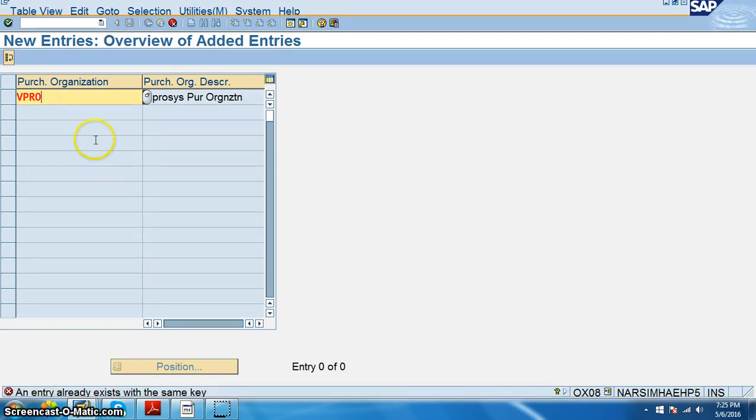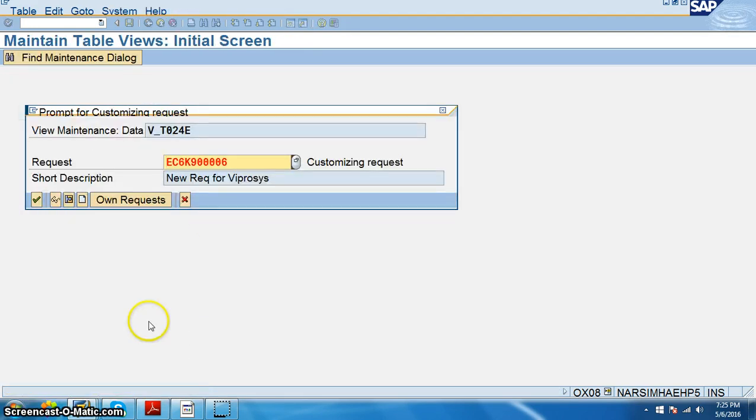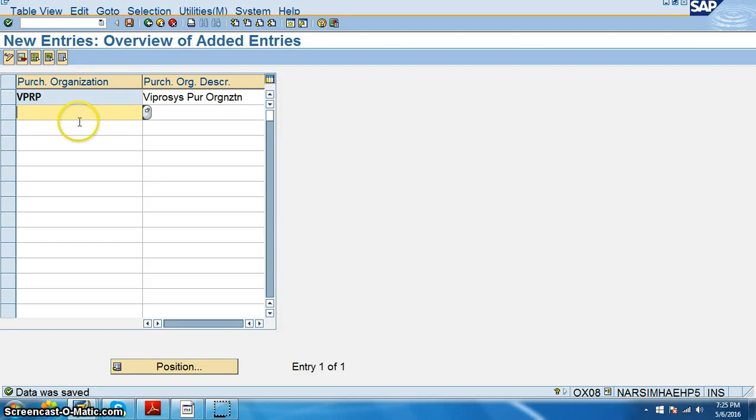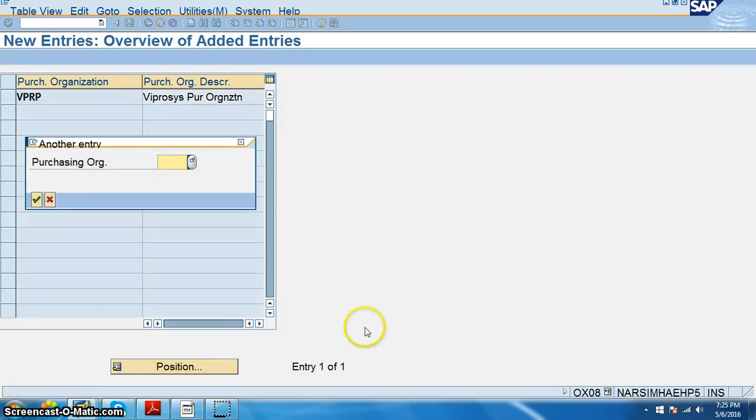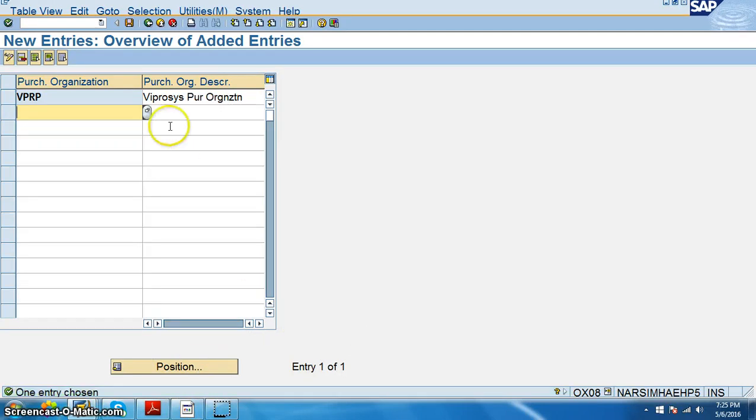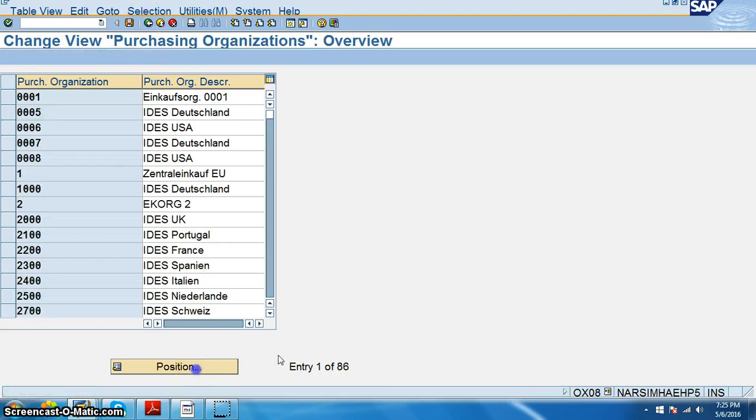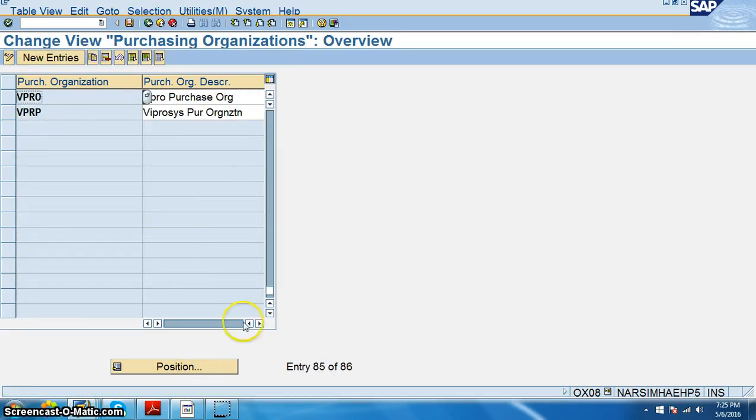Okay, so VPRP is what we'll select as the purchase organization, because a purchase organization is already existing with that name. So please remember VPRP was the purchase organization for us. So just say OK. Later on we can go for position, and we can also search for VPRP. So VPRO is already there.